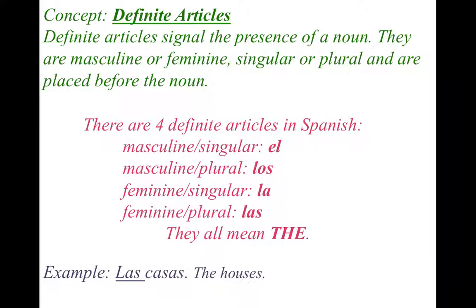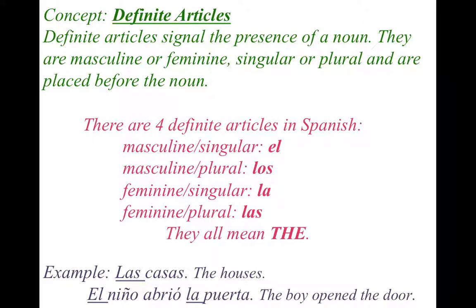And lastly, of course, your example, las casas. Las is feminine and plural. It means the houses. Las casas. Of course, be careful though. I'm looking for examples that are appropriate for your level. So for this example, it might be appropriate for grade 5, grade 6. If you're in 29Y, for example, I am looking for something a little more or a lot more complicated and complex. So an example might be something like El niño abrió la puerta.